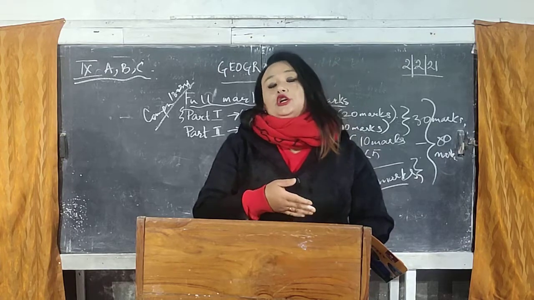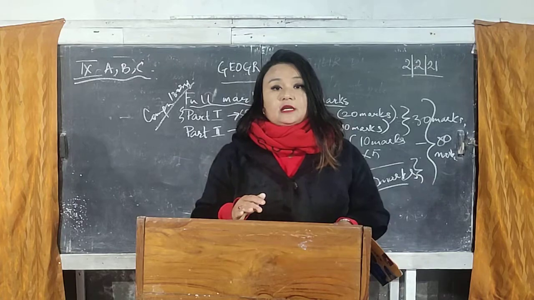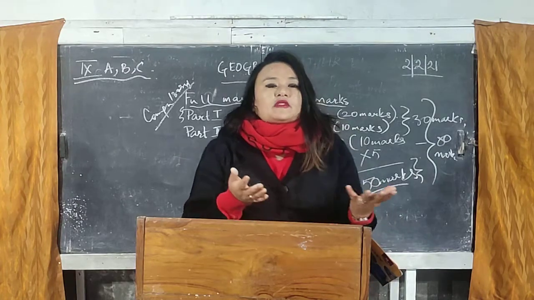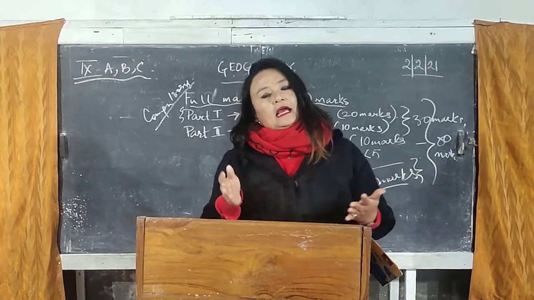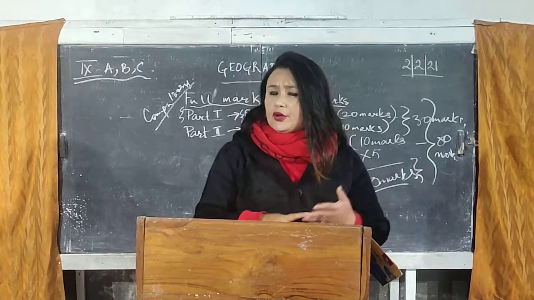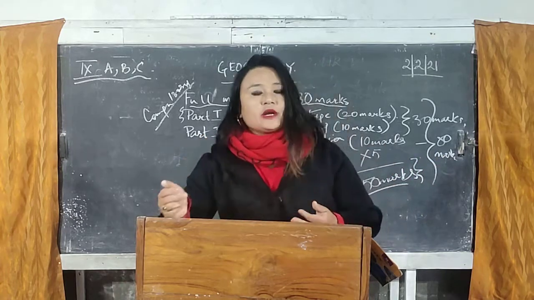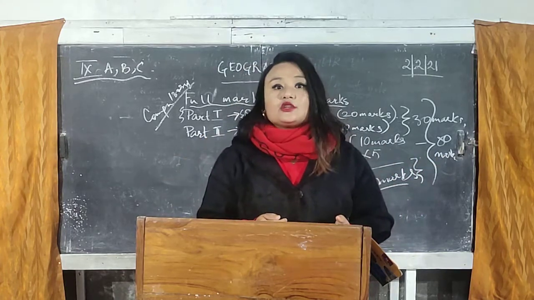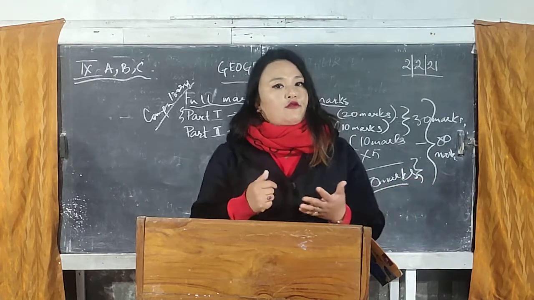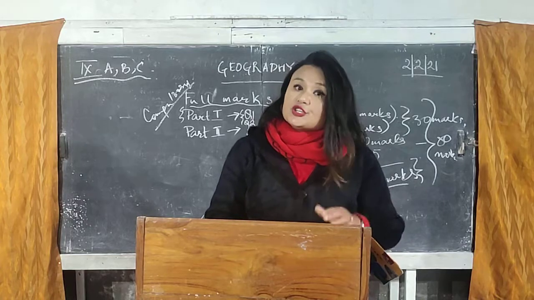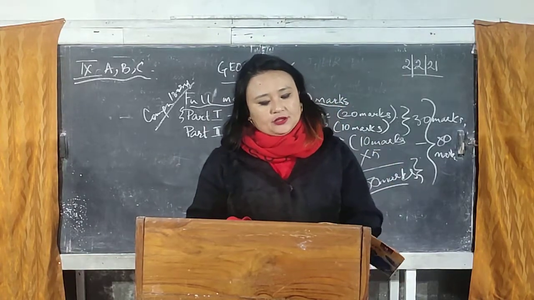Now see, on the Earth you can see different types of landforms present, different kinds of physical features. So what are the causes responsible for creating those landforms? Generally, the landforms that we'll be highlighting in detail are mountains, the different kinds of mountains. What are the factors responsible for creating that particular kind of mountain? Different kinds of plateaus, different types of plains. Mountains, plains, plateaus are different kinds of landforms, different kinds of physical features that you have on the Earth. So about that we will be highlighting in detail in this chapter.